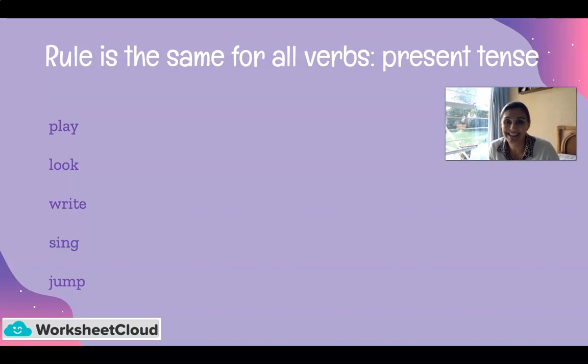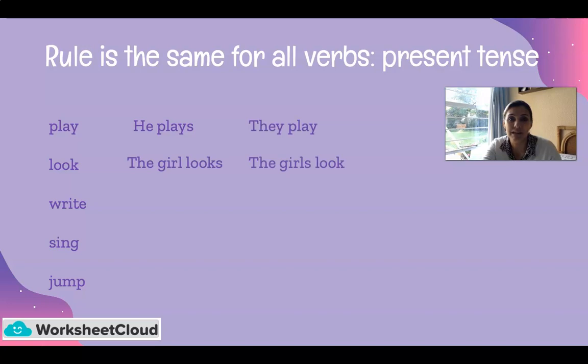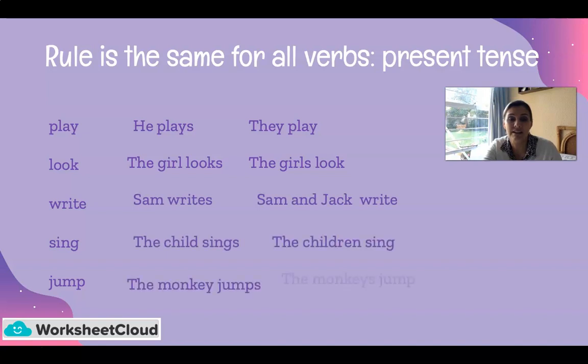But there is an exception again, so let me just show you here. So there we go: plays, play, looks, look, writes, write, sings, sing. Okay, so that's in the present tense. I was talking earlier about the past tense, so I could change all of those verbs to the past tense: played, looked, wrote, sang, and jumped. But if I am choosing any other verb,